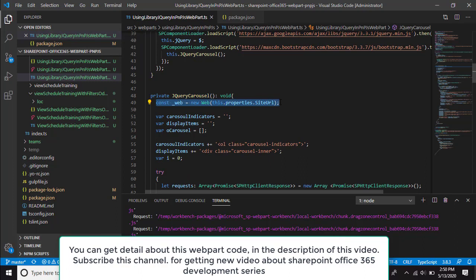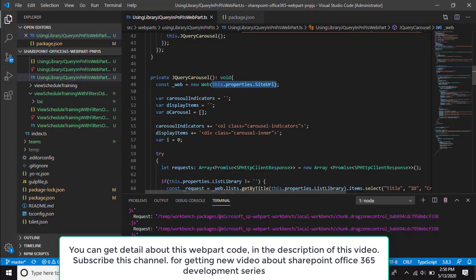Like the previous video, I create a constant web to get the object of the site URL in the setting of the web part properties, and then I create a web part and I create a variable carousel indicator,